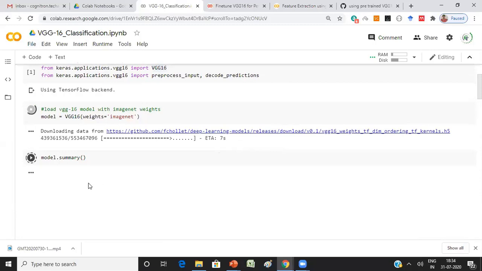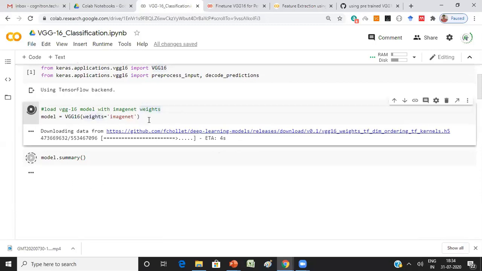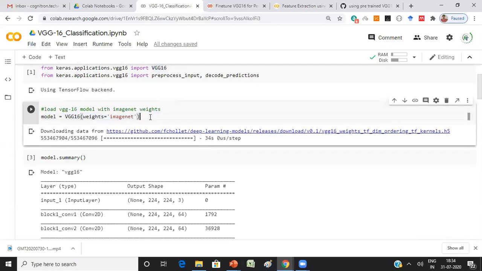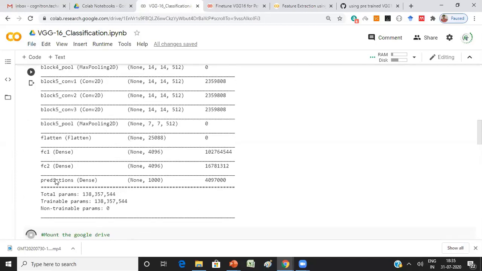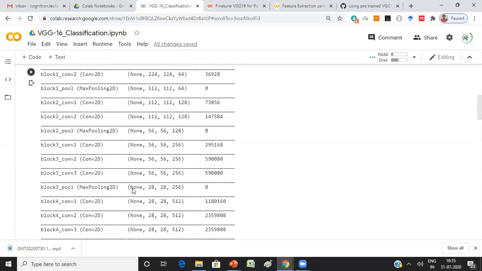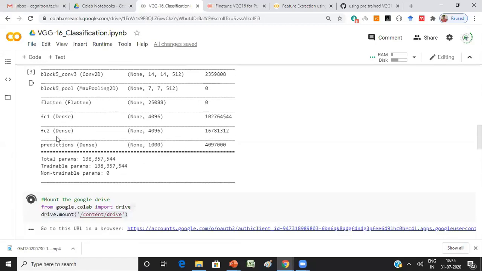The VGG model is downloading. As it is, we are taking the VGG16 model. If you have any doubt, you can check the model summary. You can see the convolution blocks, then max pooling, then flatten, then the dense layers.